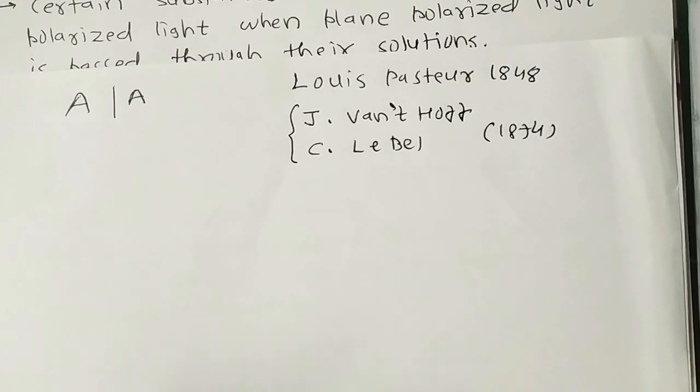So how do we judge whether a compound is chiral in nature or non-chiral in nature? A molecule which contains an asymmetric carbon lacks all elements of symmetry and is called an asymmetric molecule. For example, in your textbook